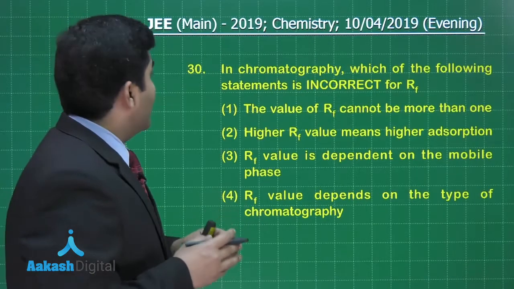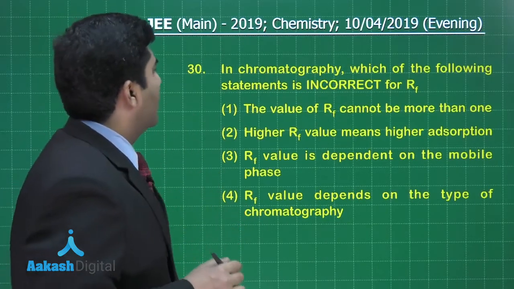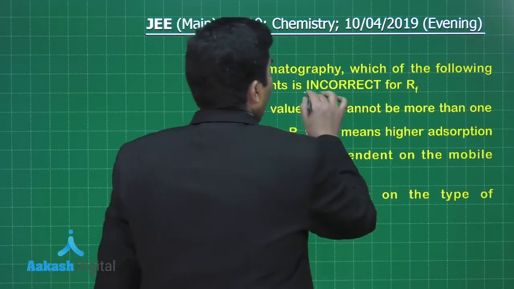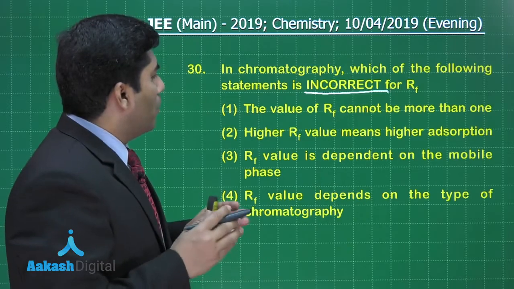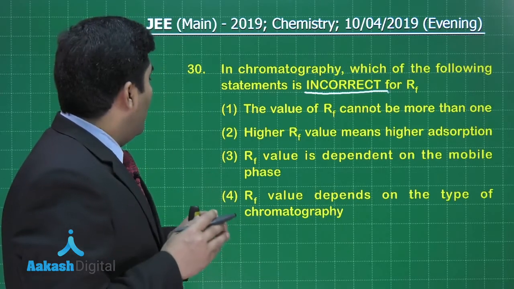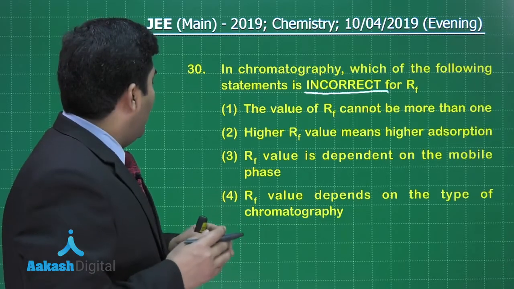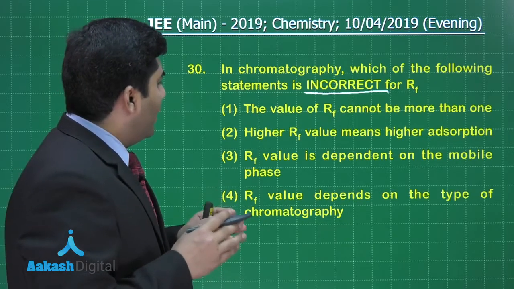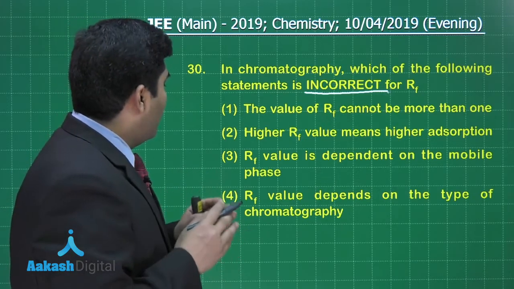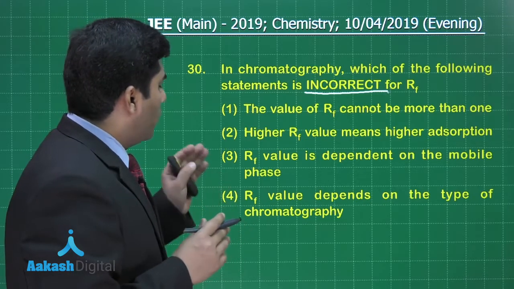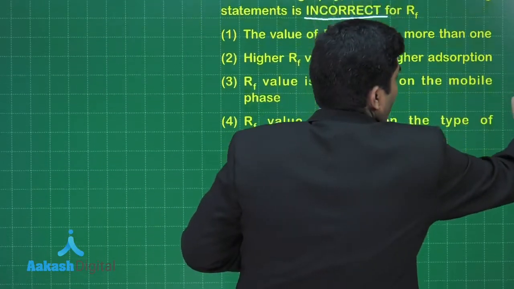Now in this question he is asking, in chromatography which of the following statements is incorrect for the RF value? Now the first one is the value of RF cannot be more than 1. Second option, higher RF value means higher adsorption. Third one, RF value is dependent on the mobile phase. The 4th one is RF value depends on the type of chromatography. Now the solution of this question,